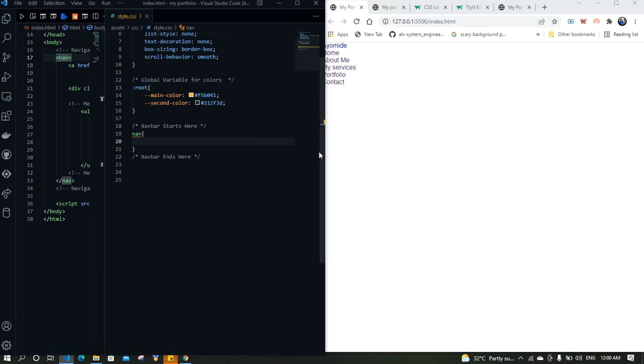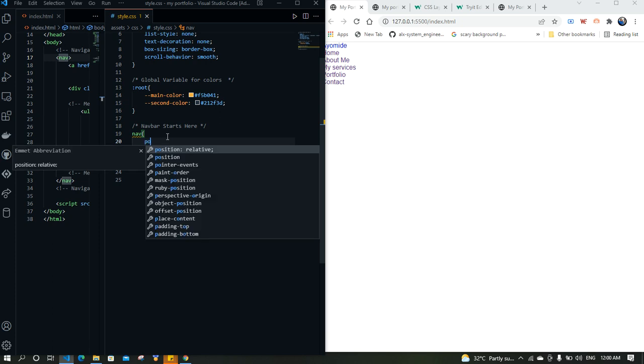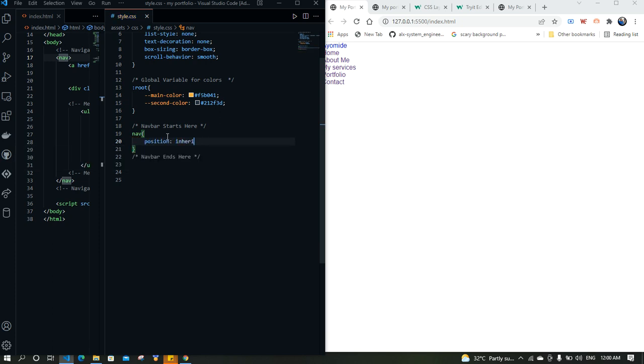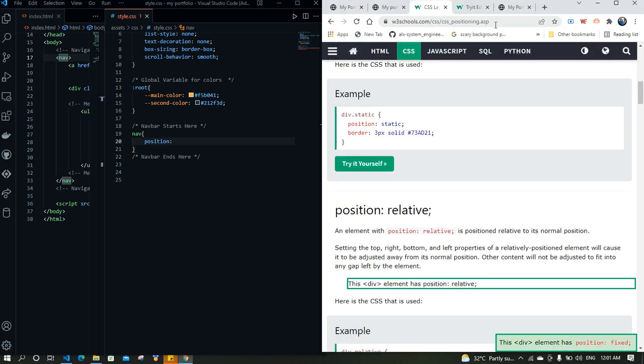What I'm going to do is split my screen so that you can see what I'm doing in the live server. Alright, the first thing I need to declare is the position for the navbar. Where do I want it to stay? How do I want it to be? For the positioning, let's check. Right now I've come to this site,